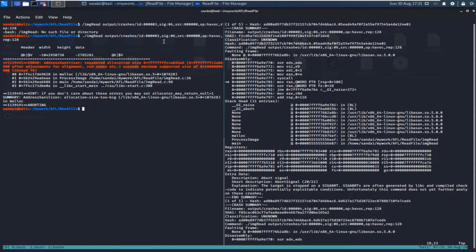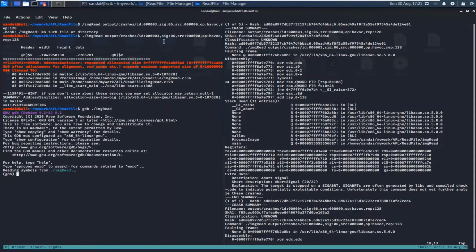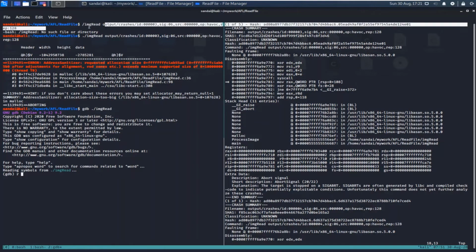So now let's debug it using GDB. For GDB, we simply give gdb image read, and you can see that GDB has started. We can simply use the command r and give the path of the file.